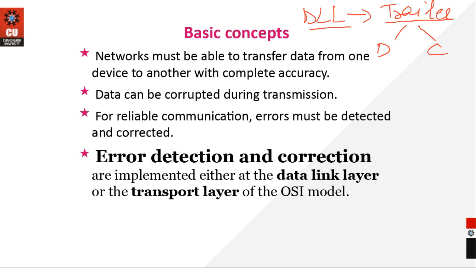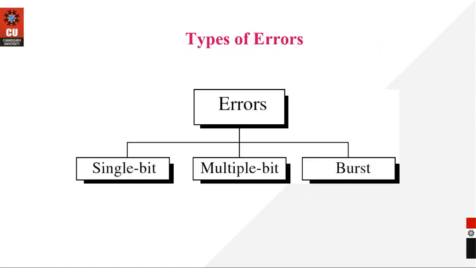And there is one more layer which deals with error correction. It deals with error control. There is another layer. Do you know the name of that layer? What is the name of that layer which deals with error control? Apart from the data link layer, the other layer which deals with error control is your transport layer.